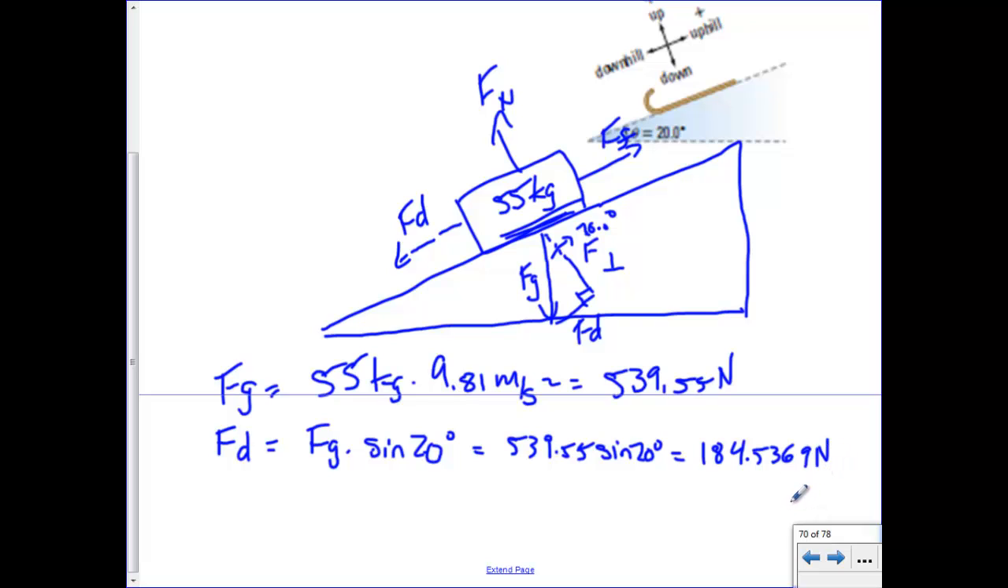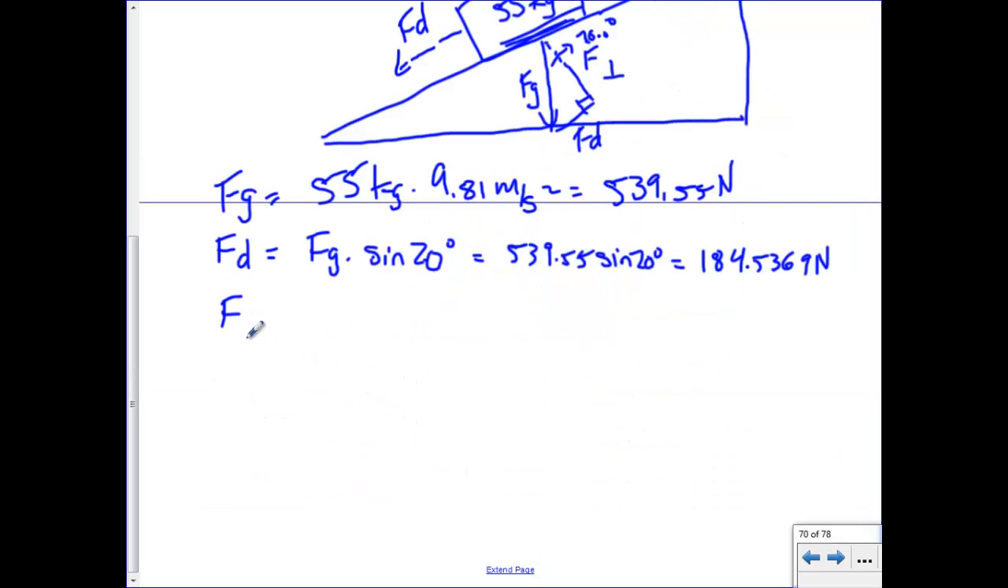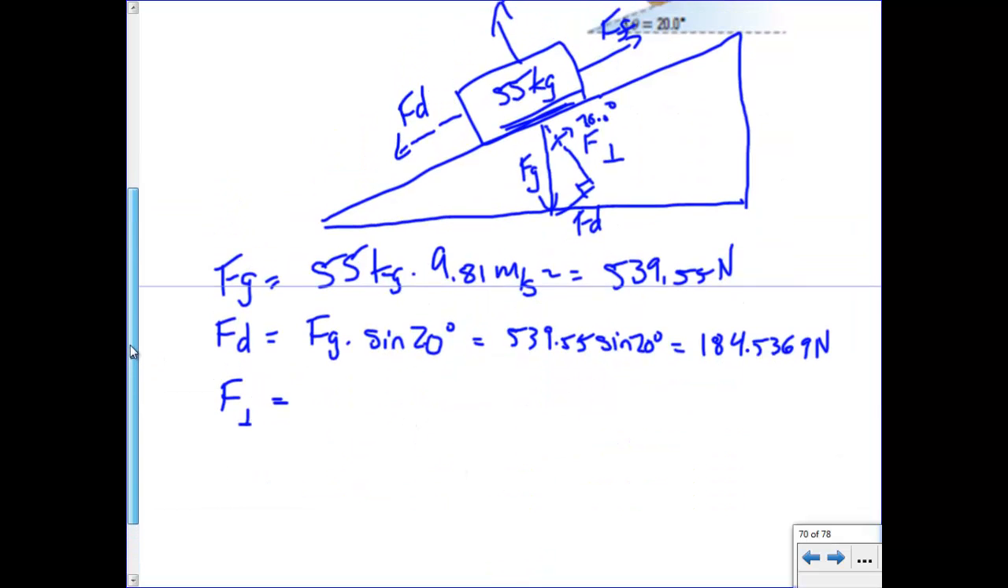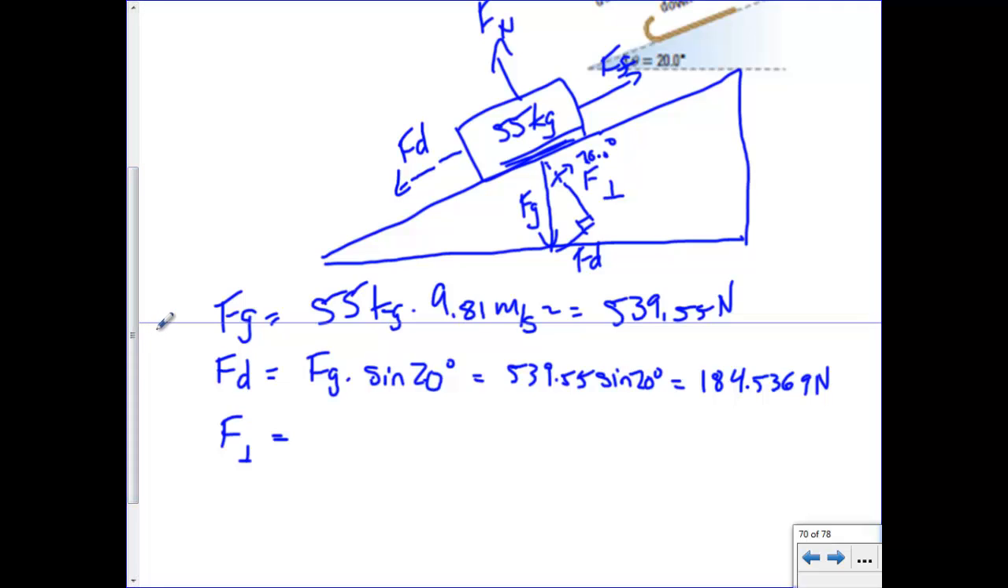I've said this a lot before. We got to keep track of all these different forces because there's tons of them here, right? So that's FD. While I'm at it, let's find F perpendicular. Normally I don't need to find F perpendicular, but now I do. The best way of finding it is rather than using sine, use cosine. It would be FG cosine 20, which would be